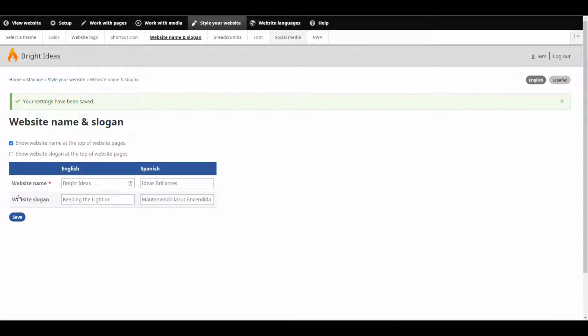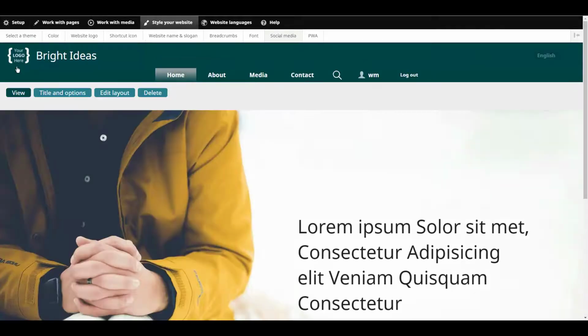Next, let's talk about website logo. You can add a small website logo to the top of your website. This will appear in the top left corner. So let's go and look at a preview of the website. And you can see this is the sample logo, and this is where your logo will go. So that's about the size of it. You need to choose a logo wisely because of the small size. It can't have a lot of detail in it, and it shouldn't have very many colors either.